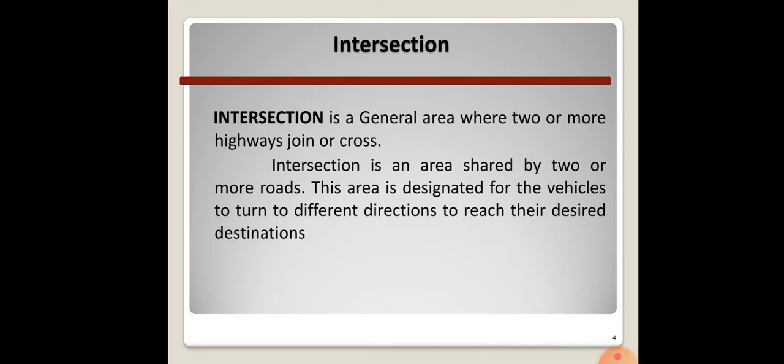Now coming to the various principles that should be considered for a good design of intersection, there are various points that have to be considered while we design an intersection. Firstly, the number of intersections should be kept minimum. So in any roadway, as far as possible, the number of intersections should be kept minimum, and it is also necessary that some minor roads may be connected with each other before they join the major road.